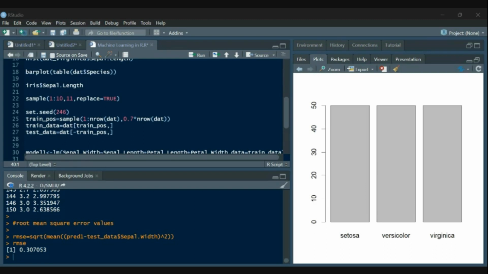What basically we can do is take different kinds of samples again and again and find the value of set.seed having the least RMSE. For that, we should have the idea of looping, because we will be repeating the whole process again and again.